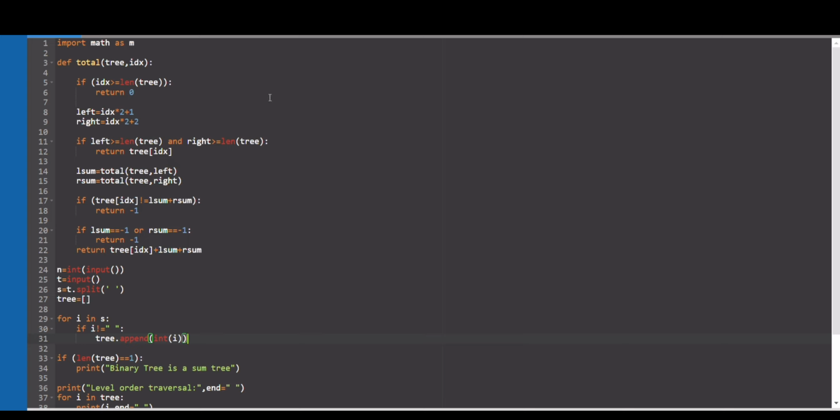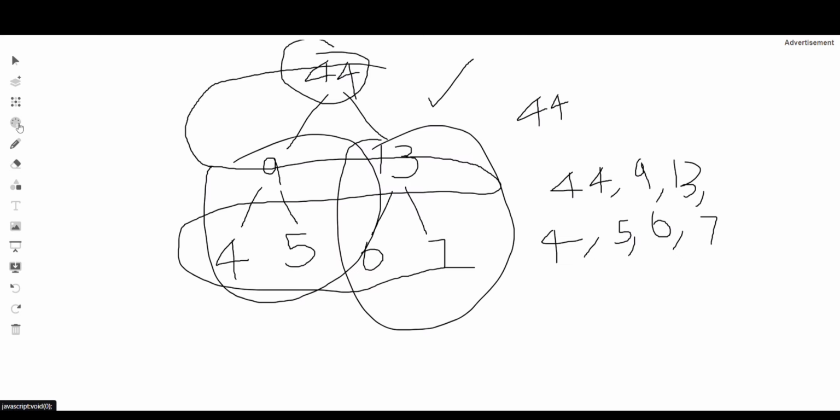Alright. So after that we are using two variables, one is left and then one is right. So basically for left we are implementing the equation idx into 2 plus 1, and for right we are implementing idx into 2 plus 2. So what is this idx into 2 plus 1 and idx into 2 plus 2? So basically it's nothing but, here